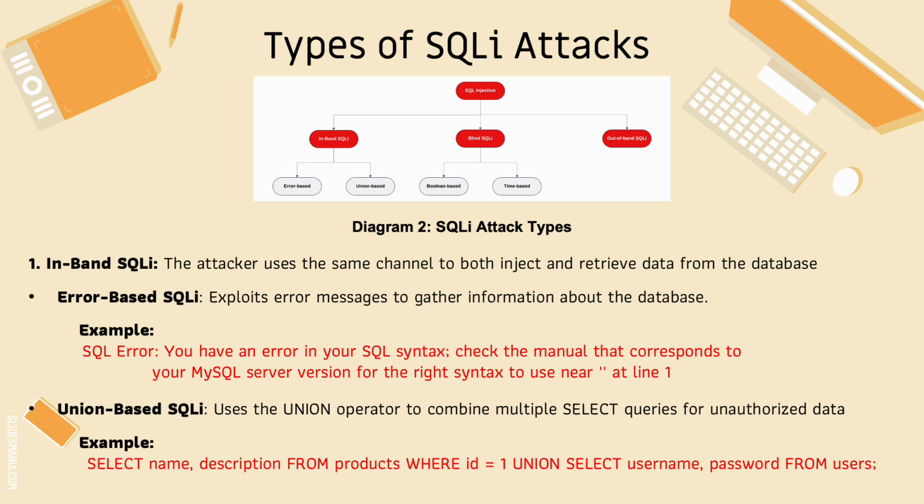There are several types of SQLi attacks, including in-band, blind, and out-of-band SQLi, as illustrated in diagram 2. So let's figure out what they are. In-band SQLi happens when the attacker uses the same channel to both send malicious input and receive data back from the database. Regarding error-based SQLi, this technique relies on database error messages to gather valuable information about the structure